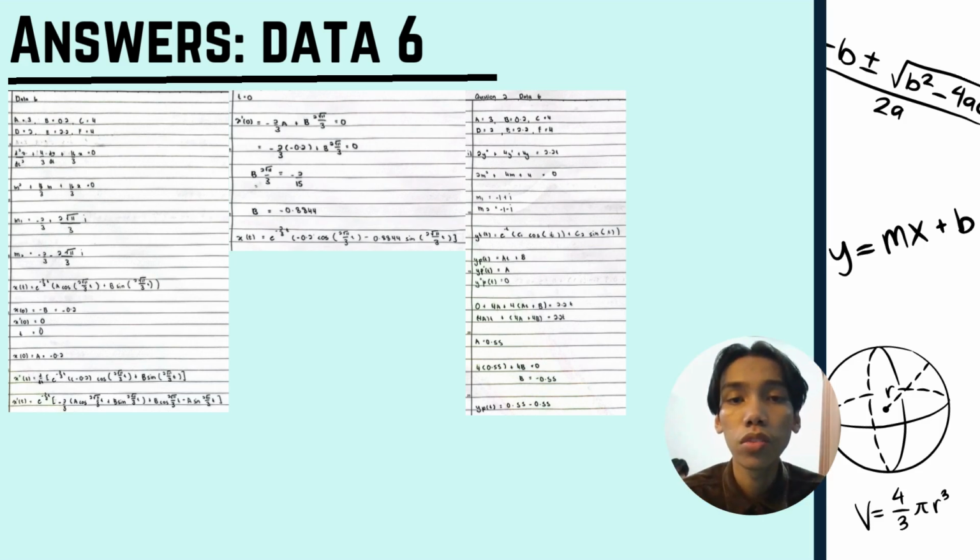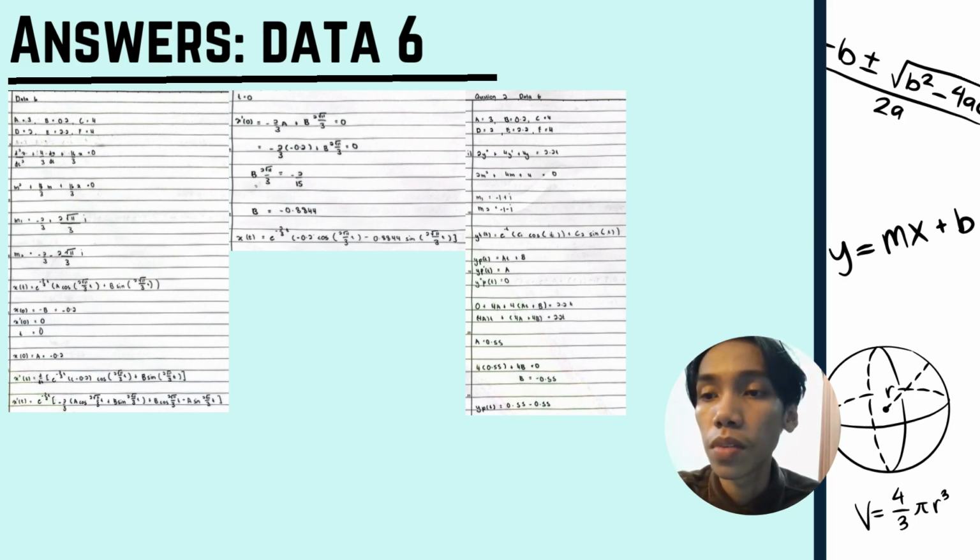Next, I will show you the calculation for data 6, which is also the same as the previous question that you have seen, but the only different thing is the information that you get. From the information that you get, you need to put it back to the formula, then you will get the M1 and M2, which is 2 over 3 plus minus square root of 11 over 3i, which is a complex number.